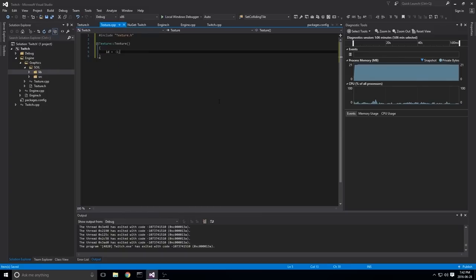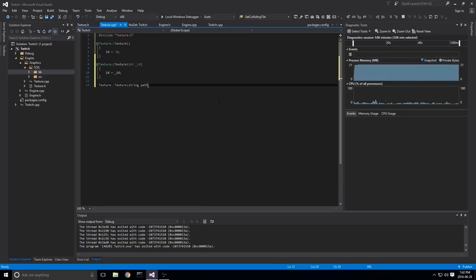And this ID is what OpenGL tracks our texture as, which is why we need to keep track of it. This ID is what allows us to set our texture before we draw it, so OpenGL knows what data we want to actually draw to the screen. So this ID is very important. But again, for an empty constructor, we won't have anything in there. Texture, if we ever pass in an actual ID, then we'll just set our ID equal to this ID. Okay?